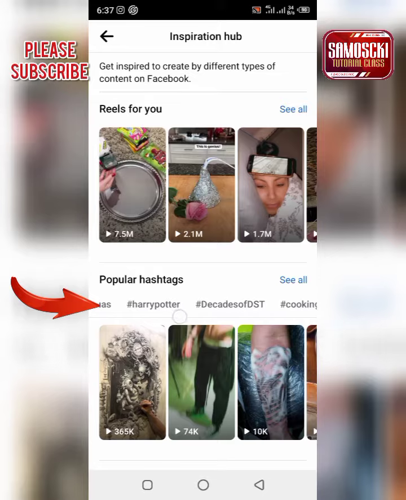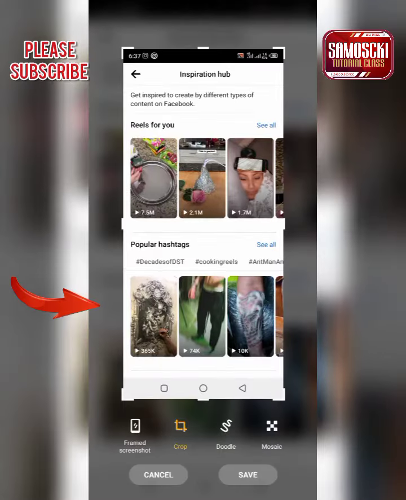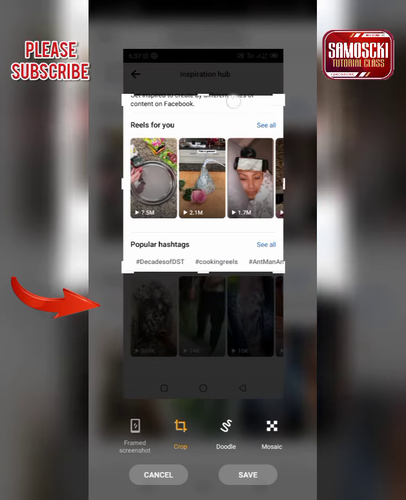Then I will teach you how to copy these hashtags the simple way by using your Google Lens. So what do I have to do? I have to screenshot all of them. Let's screenshot it. These ones now are the trending hashtags on Reels. So if you upload it, it will help you to grow your Facebook. Okay, we have screenshotted it. Let me just crop it